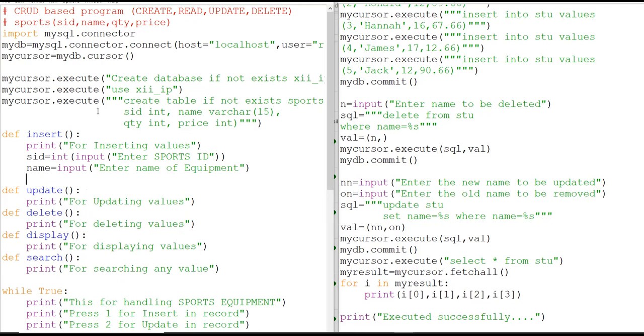Then next is quantity. It is not compulsory that you use the same name. You can use a different name also. Only for the sake of understanding, I'm writing only Q here. So int, otherwise you will have in your mind that every time the name has to be the same. Okay, so int and then input.